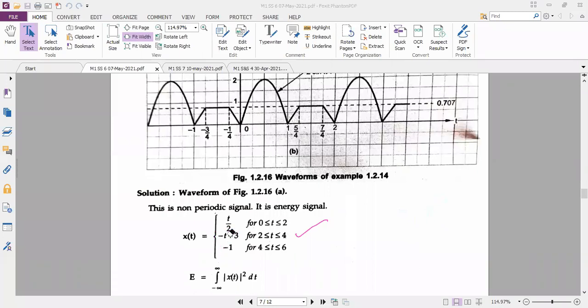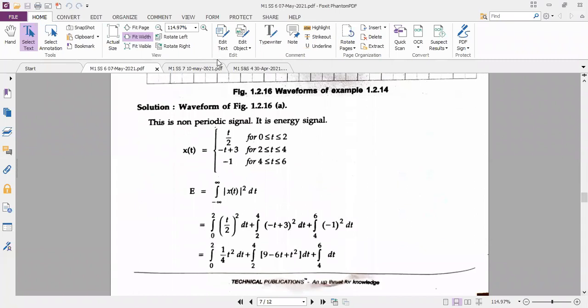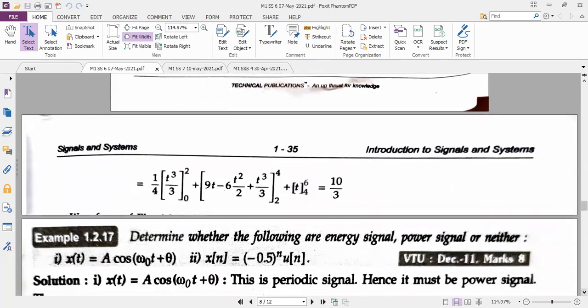Now, you don't do the integration. You leave half a page; you can perform the calculations later. I'm just showing you the solution. It is E equal to the integral from minus infinity to plus infinity of x of t the whole square dt. For each interval, you know the expression of x of t. You just substitute it, expand it, integrate it and apply the upper and lower limits. It's a waste of time if you do the integration now. You will get 10 by 3 as the answer, 10 by 3 joules energy. So leave a space.